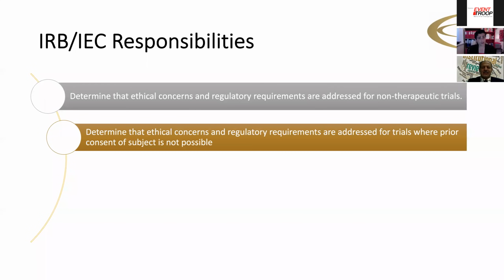So they will also determine any ethical concerns and regulatory requirements for trials where prior consent of the subject is not possible. Now, what do we mean by prior consent of the subject is not possible? It could be very applicable in the current status we have at the moment when we have all these COVID trials happening. Subjects are coming in unconscious and we need to put them in a research. How do we do it? So this is what our ethics committees, our IRBs want to know: how will consent be taken? Again, I shall elucidate more tomorrow on that.